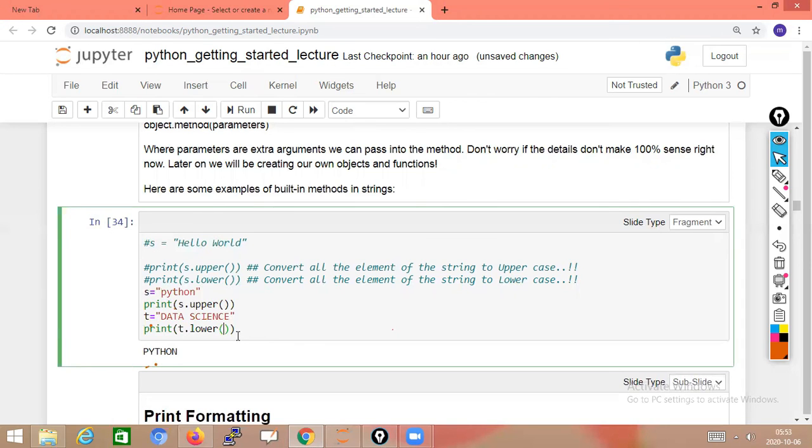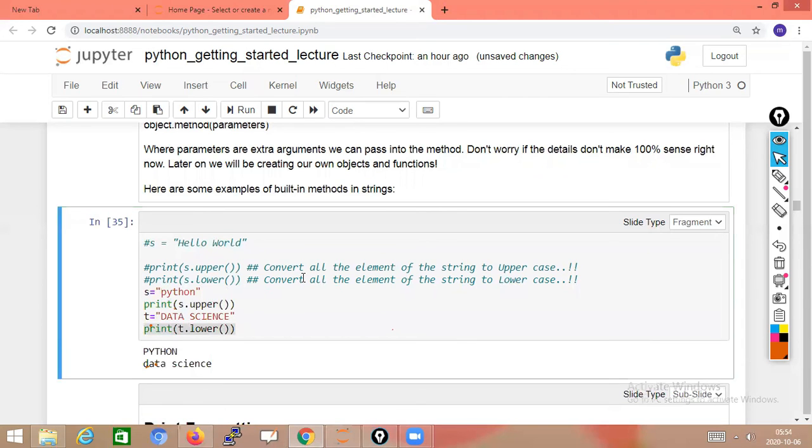Now select this line. Control Enter. So the t variable stored data science all in upper case. Now it is converted to lower case. Like this, using the upper and lower functions we can convert in the required manner. If lower letters are there, you can convert them to upper. If upper letters are there, you can convert them into lower.